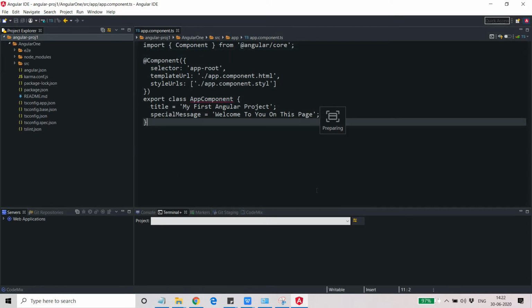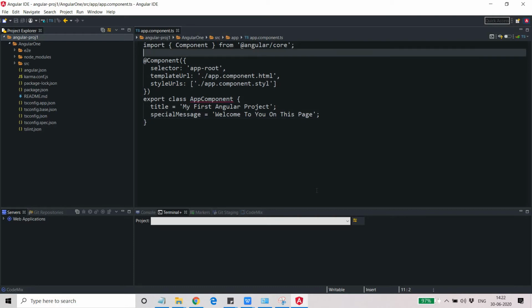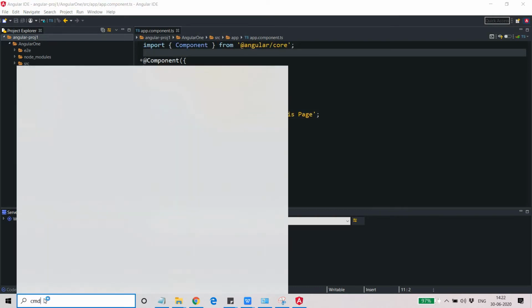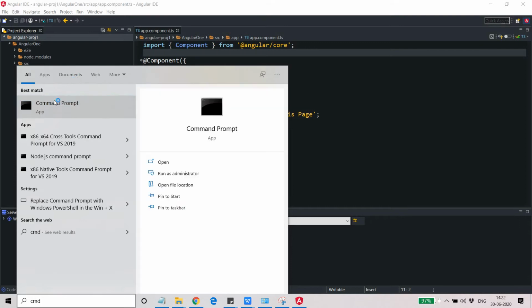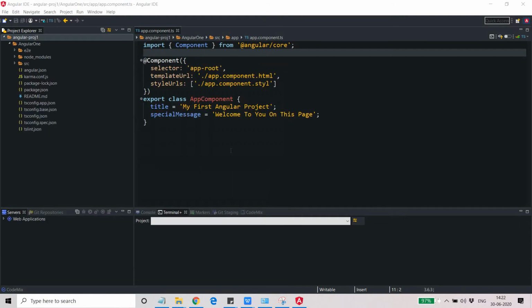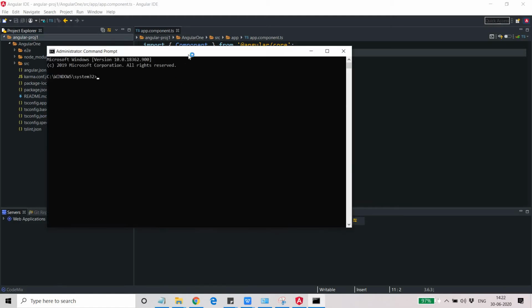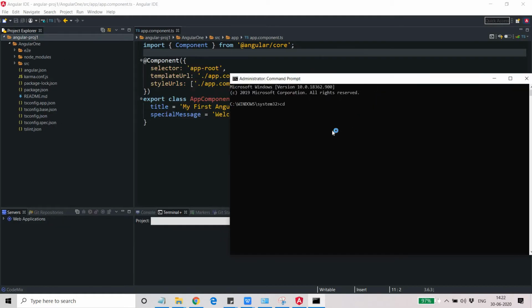Before doing anything, we need to open a command prompt. In this command prompt, we need to go to the path Angular 1.